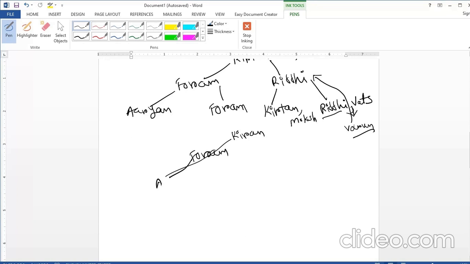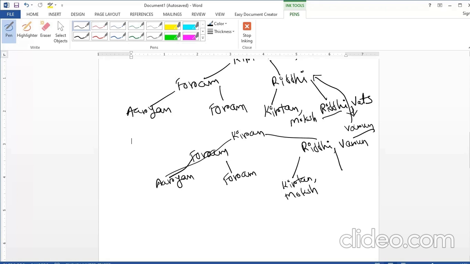Okay, so now after splitting we are going to have this tree, because we need to manage the space. So Aryan, Forum, here we'll have two values now, Riddhi and Varun. Here Kirtan, Moksh, here Riddhi, and in this pointer we'll have two values, Varun and Vats.